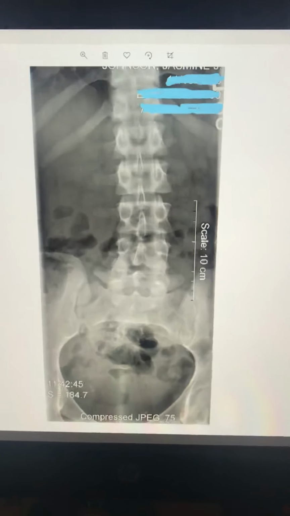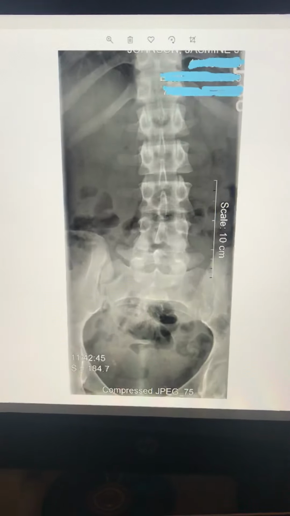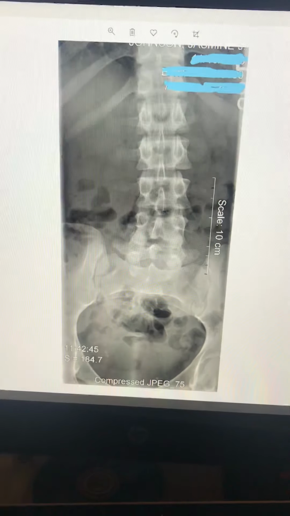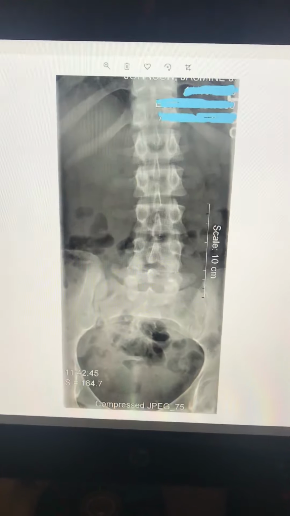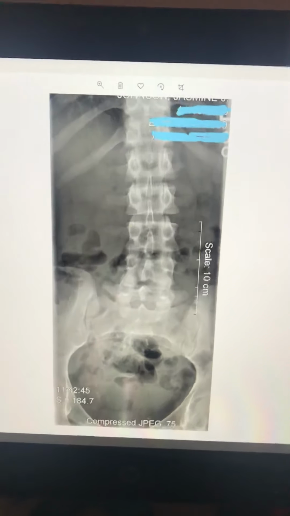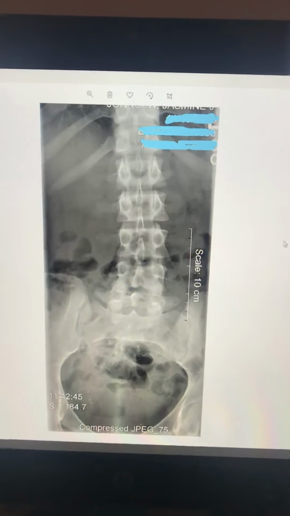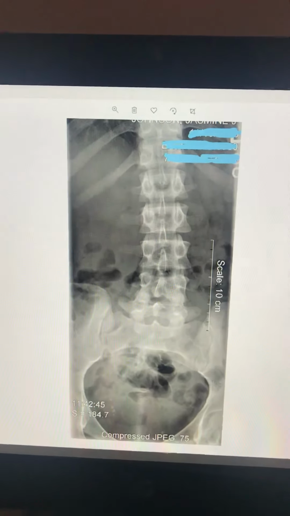Okay, I'm going to be presenting a film critique on an L spine. Today's date is 7/14/20. The exam to be presented is a 3-view L spine. Image modality is X-ray. The date of the exam was